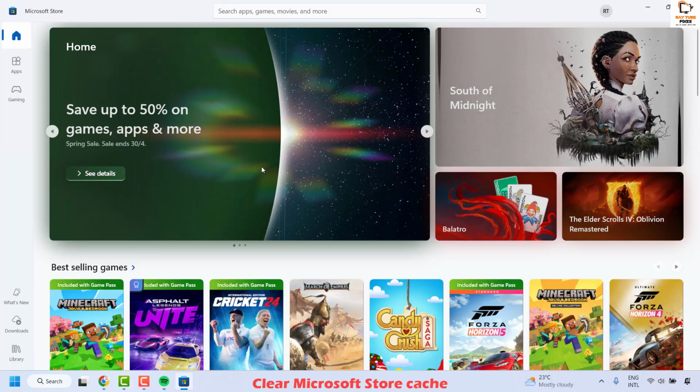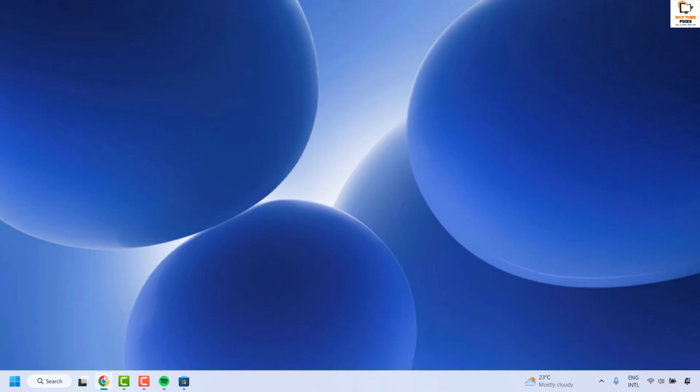Once you have the Microsoft Store, you can try to download the app from the Microsoft Store and check if you're able to download the apps. This should fix the problem. In case you're still facing a problem, the next step to fix the problem is to go ahead and